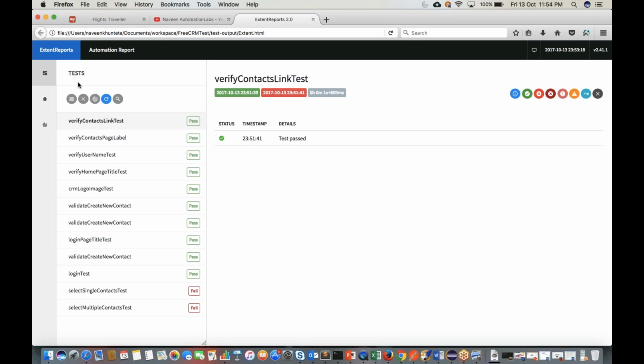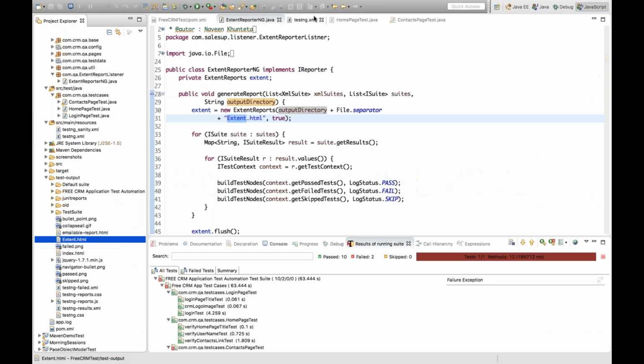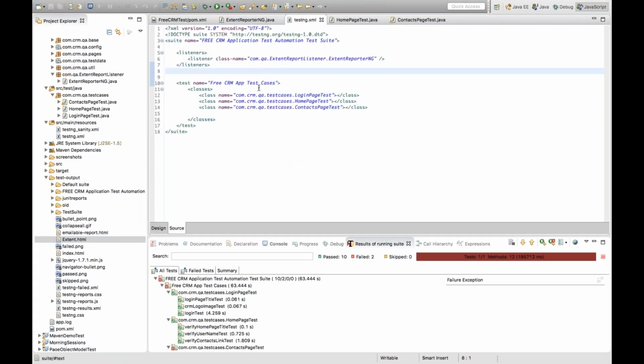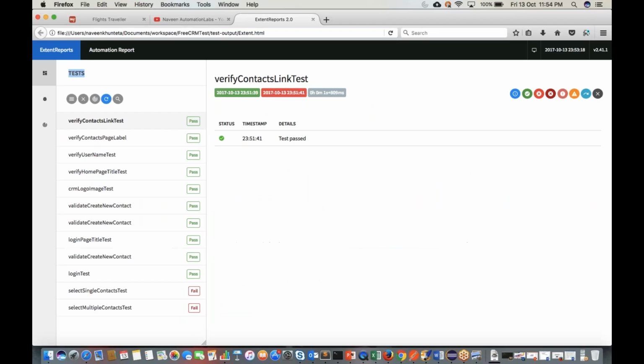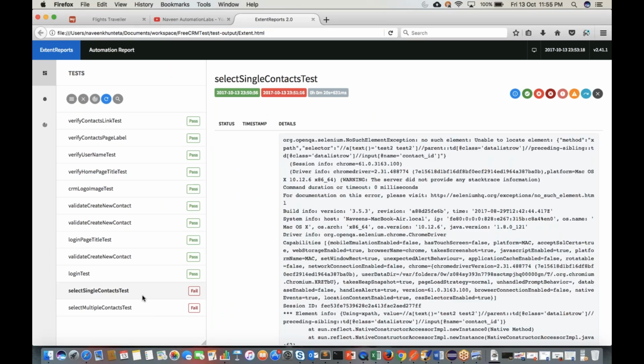This is saying the header is test. From where is it coming? It is coming from testng.xml. And see all the test cases. How many test cases were there? 12 test cases were there, and these are the two failure test cases because of no such element exception, and all these other test cases got passed. It will give you the complete test case names, like verify contacts link, verify contacts page label, verify username test, like that, and you can share this report